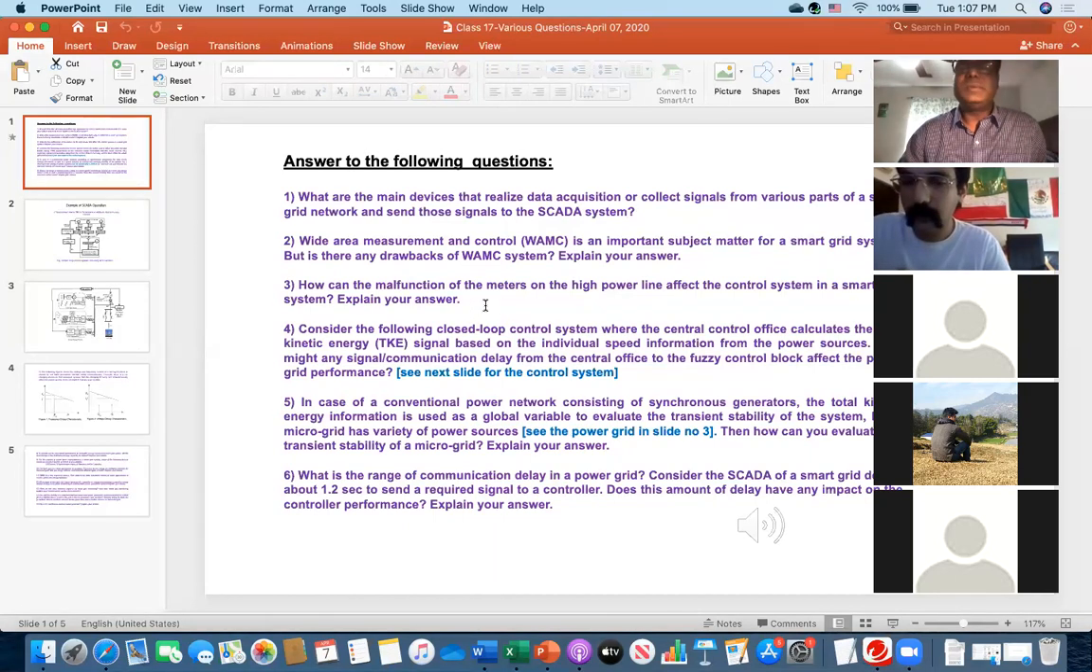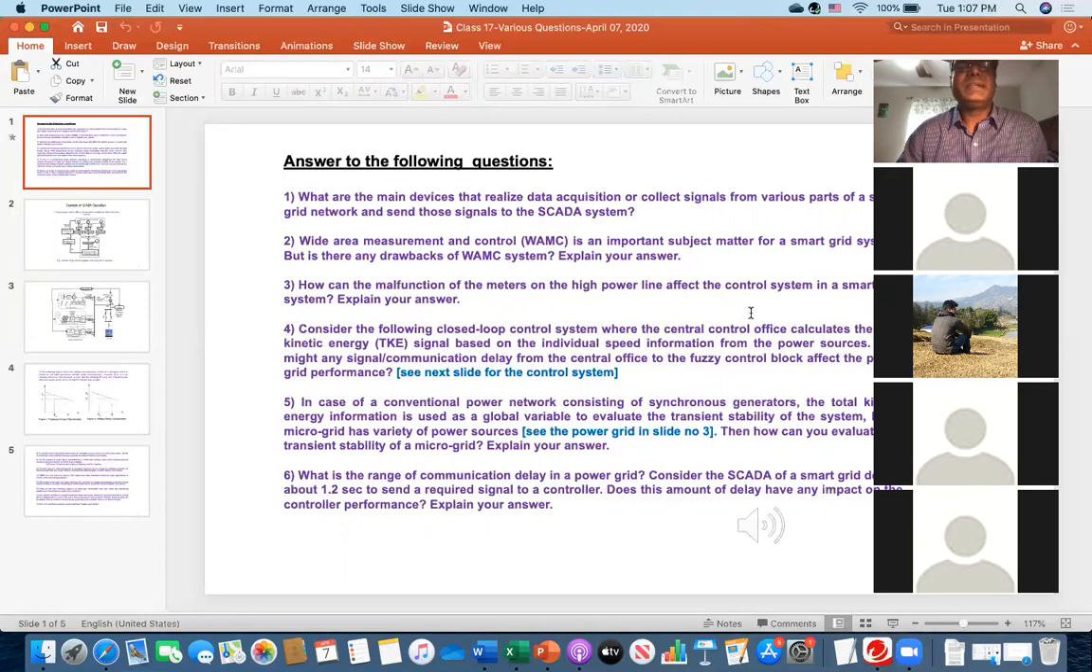Okay, so moving forward, you see the question number 3. How can the malfunction of the meters on the high power line affect the control system in a smart grid system? Now, I just mentioned while answering question number 2, it's a highly interconnected system. So it is not just like that. It has only the 120 volt or